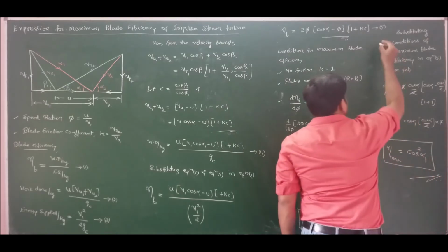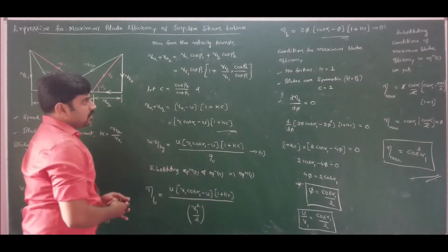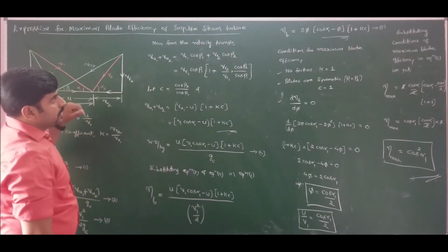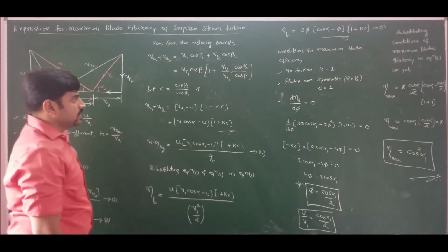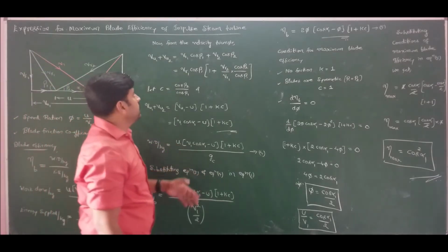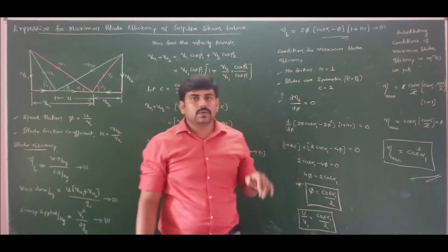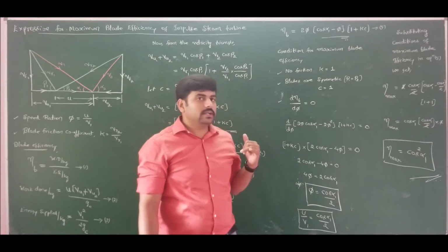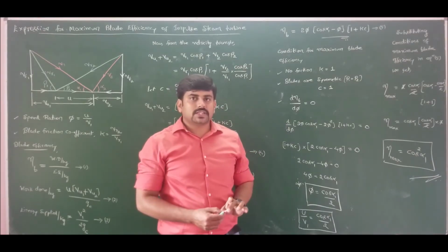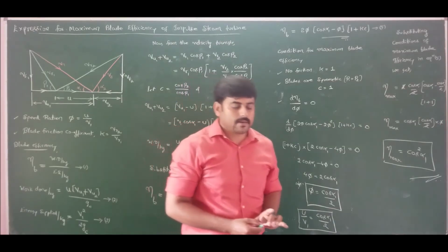Hence we have derived the maximum blade efficiency of an axial flow impulse steam turbine, because all steam turbines are axial flow machines. So this is the proof or expression for the maximum blade efficiency of an impulse steam turbine. Let me pause this video for a while so that people can copy it down. Later I will derive an expression for the maximum blade efficiency of a reaction steam turbine, that is a 50% reaction steam turbine.